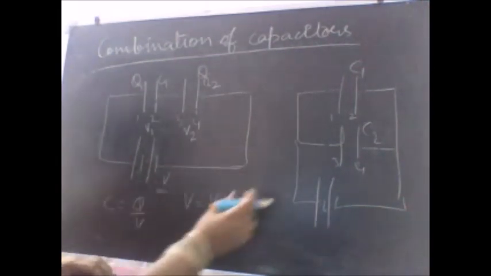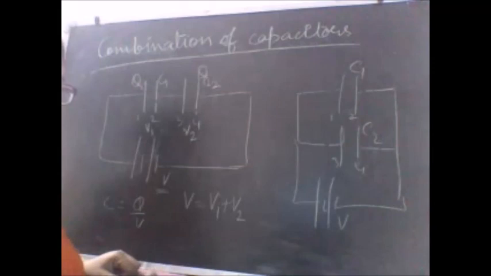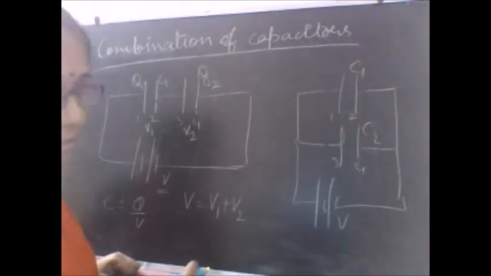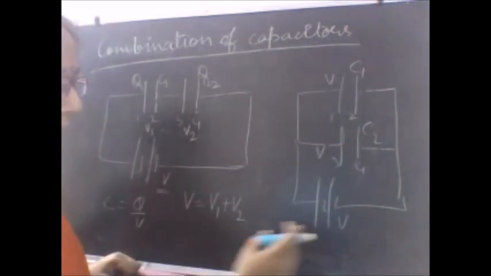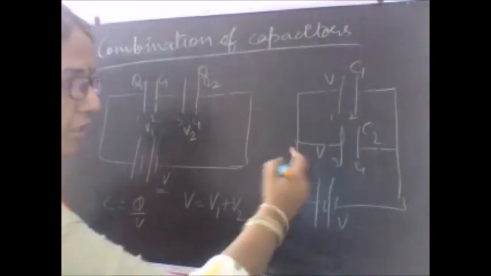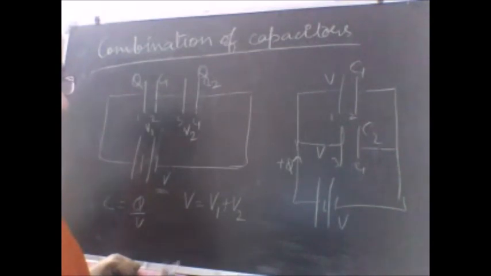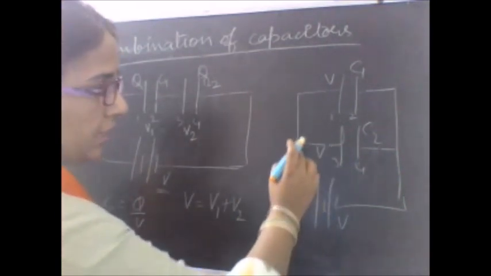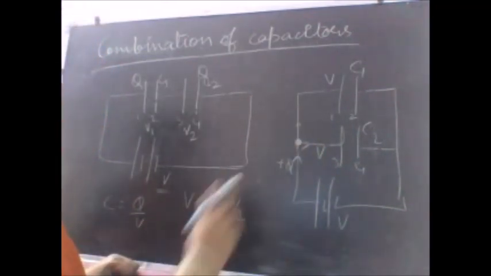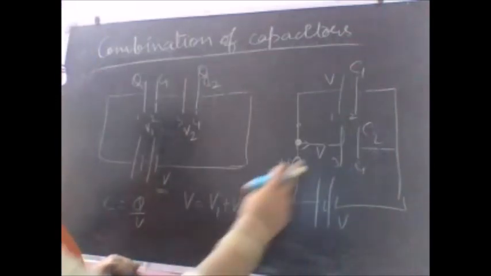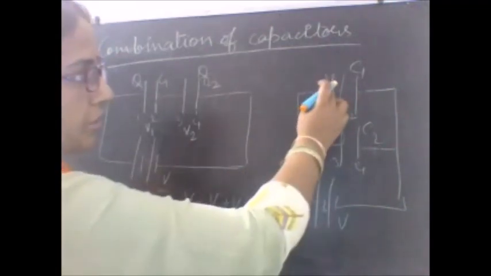Let us see what is the case here. Since this capacitor C1 is parallel to C2 and they are parallel to this battery which is offering a potential V, isn't it that in the parallel combination the potential remains same? So what is the potential here? V. What is the potential here? V. And this battery is offering a charge, say Q. So what is happening? The charge will be divided at this nodal point. Some charge will go to the capacitor C2 so as to make the potential V, and the remaining charge will go to the capacitor C1 so as to make the potential V.